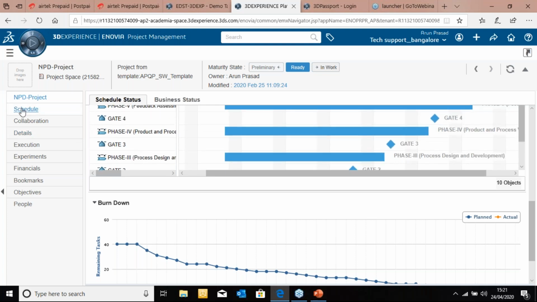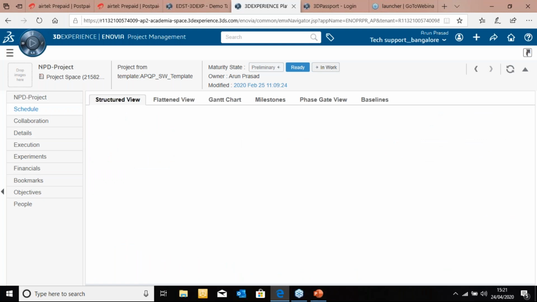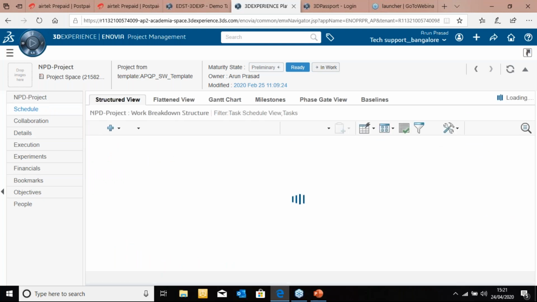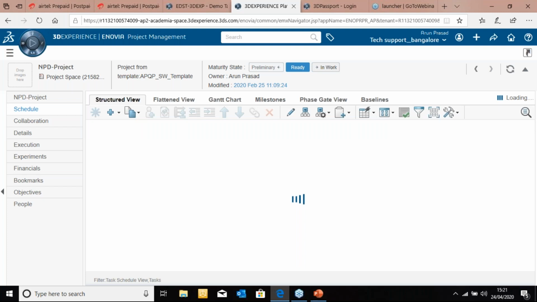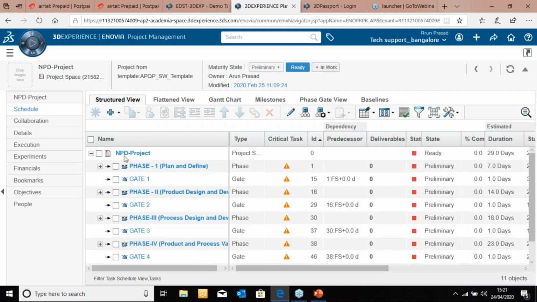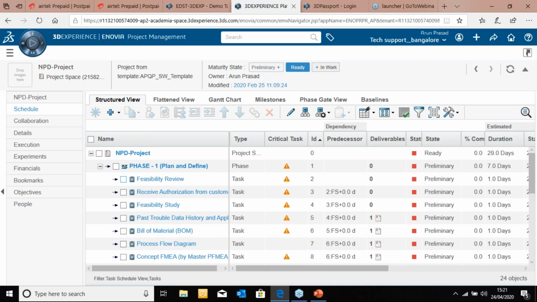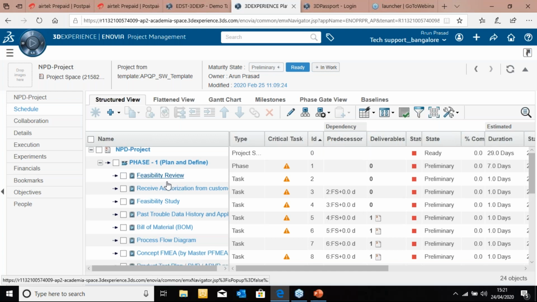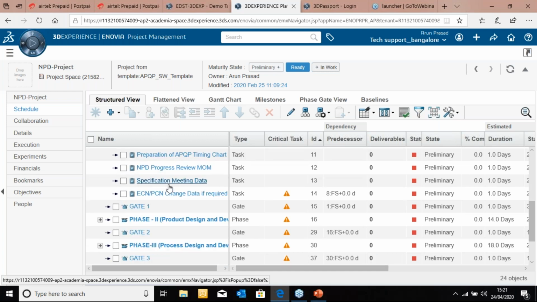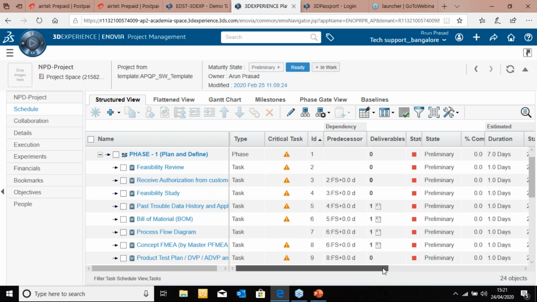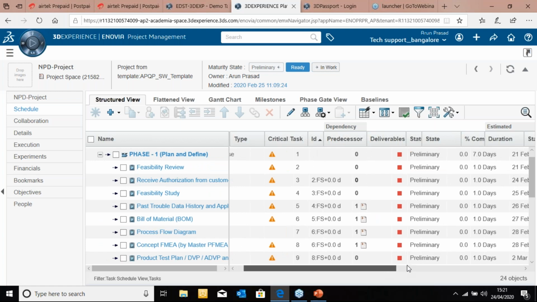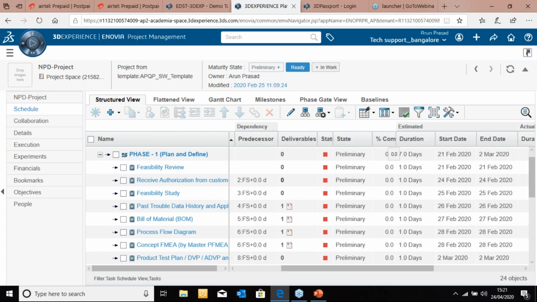And if I would like to have individual information about each and every task and activity, I can still drill down. I can drill down to the lowest level of the entire hierarchy. And I can see what are the tasks and activities which are part of each and every phase. As you see the phase gate project that has been defined here, there are various tasks and activities, and each and every task has a critical path that has been defined. What is the start and end date? What is the percentage of completion? What is the duration of this? All that necessary information is available.